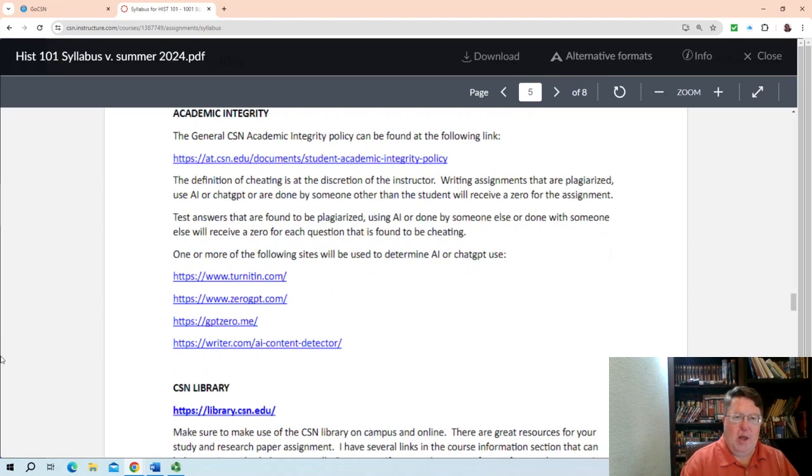My research on AI says, you don't have to be perfect. It's difficult to get to 0% AI. These AI checkers are pretty strict. All AI does is comb the internet for data and pull it in. So if on an answer you use a lot of just restating facts you saw on the internet,